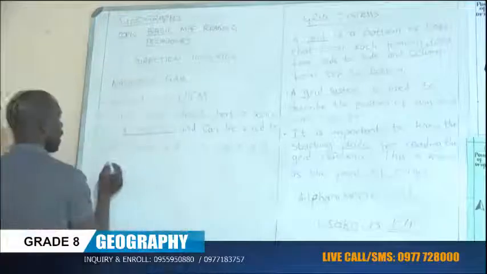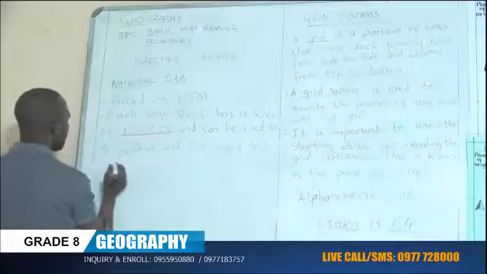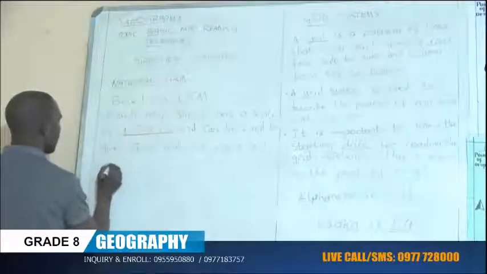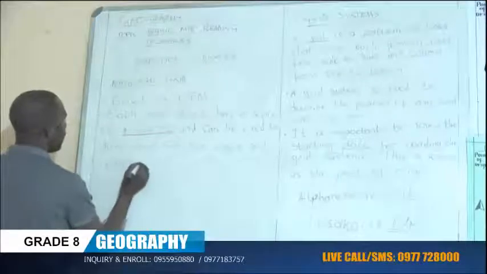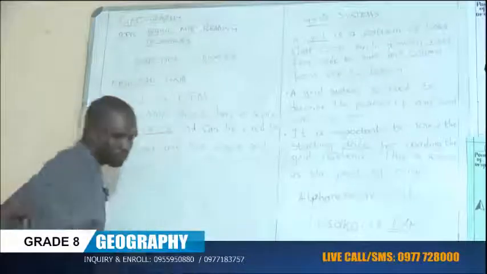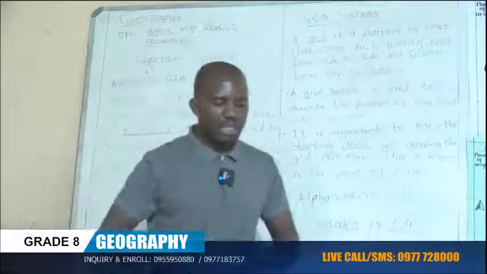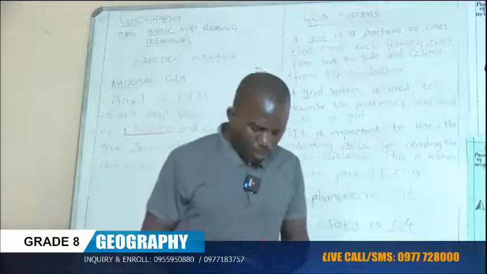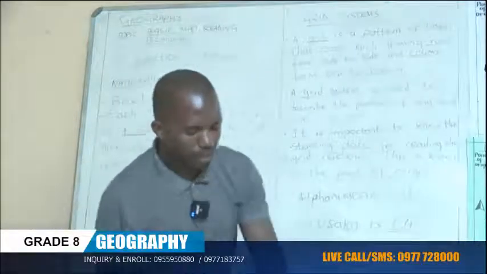Okay, 6 figure grid references. Now, what is so important about these things? What is so important is that